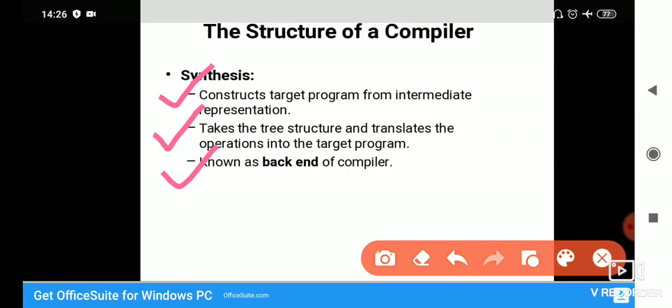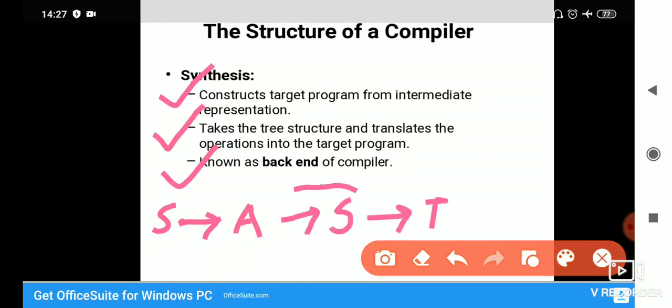So, very basic thing. Now if I draw the diagram to make you understand, this is the source program, for example. Now it goes to the analysis part, and then it goes to the synthesis part, and finally you get the target program. Till now this was your single box called the compiler. So this is the breaking up. Further, the analysis part will be broken up further, and the synthesis part will also be broken up further.